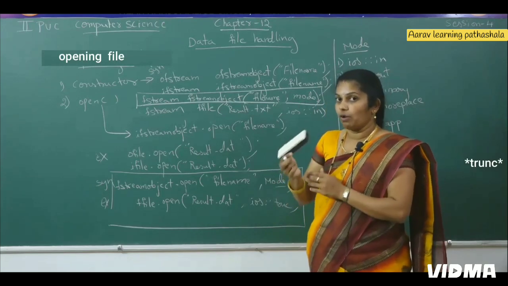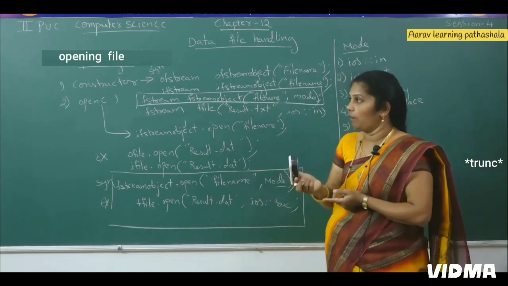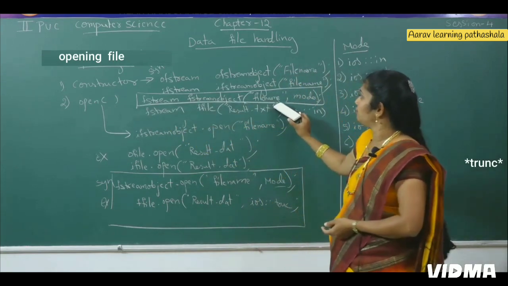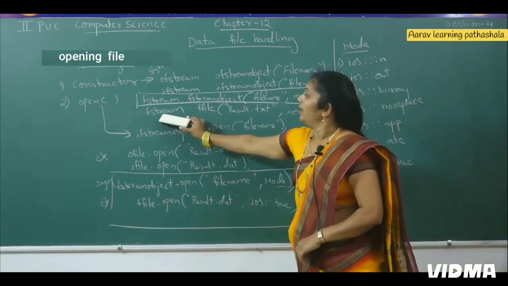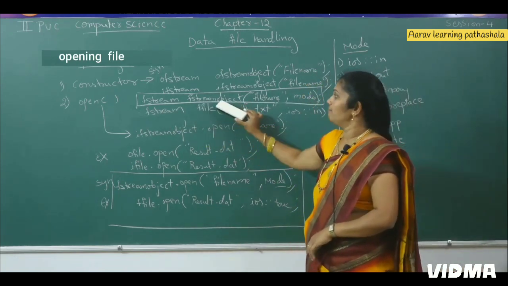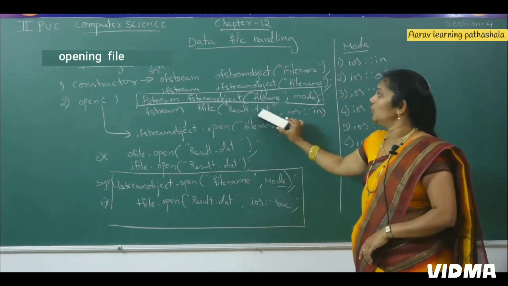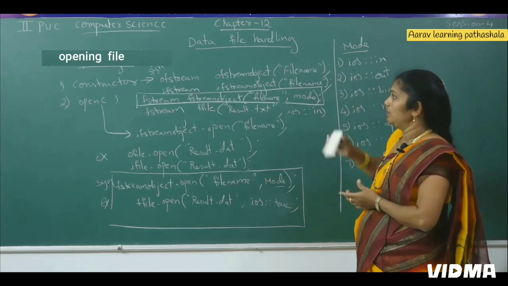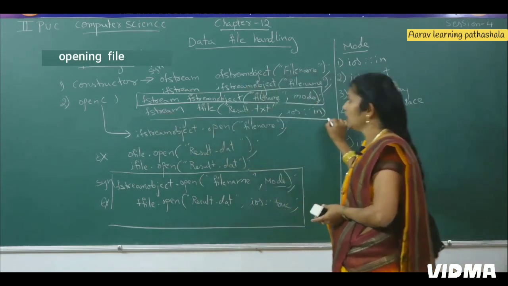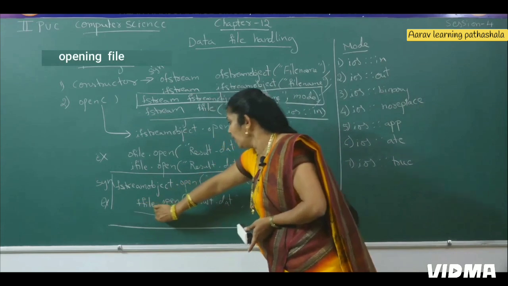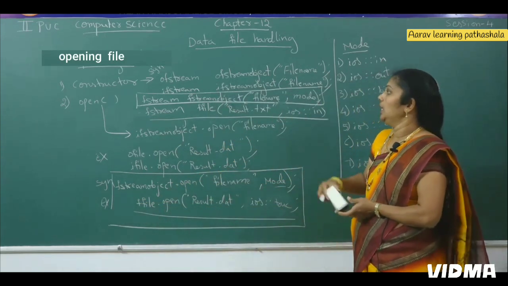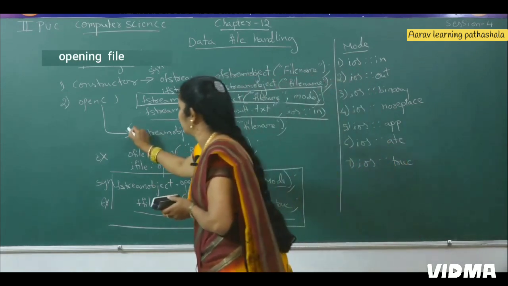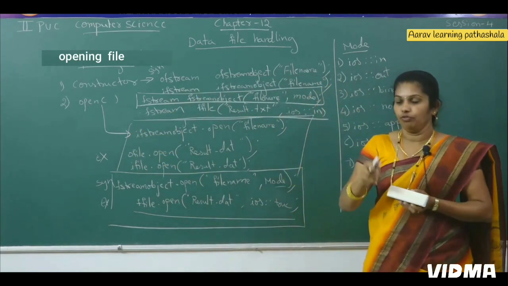If I want to open the file for both input as well as output purpose, then I can use fstream simultaneously. Fstream object, then file name, then the mode we write. Fstream, fFile is the fstream object, then file name result.txt, and here after the comma you have to write the mode. When explaining the mode, if you want you can use the constructor function or if you want you can use the open function. Then ifstream object dot open, in the open function you have to take these three.